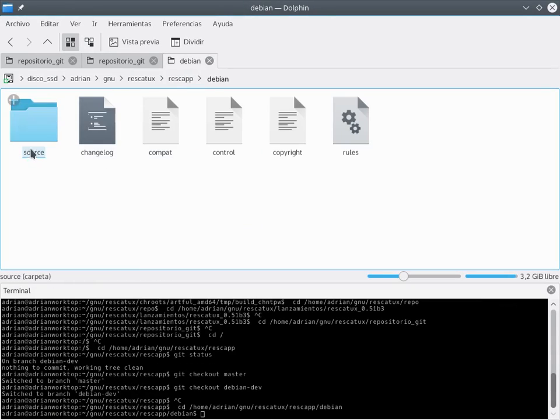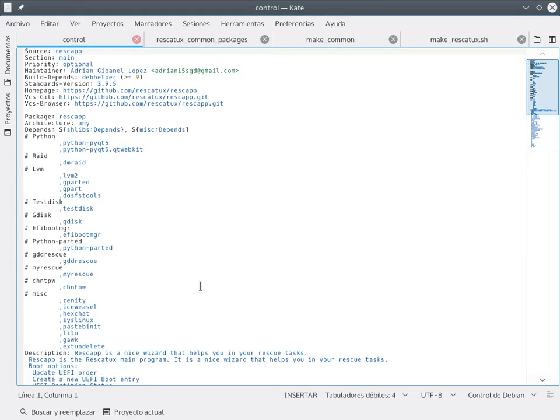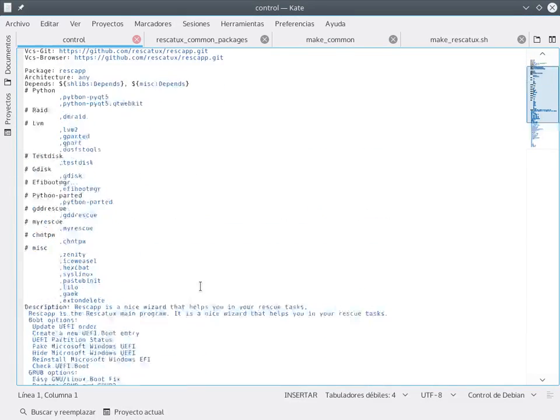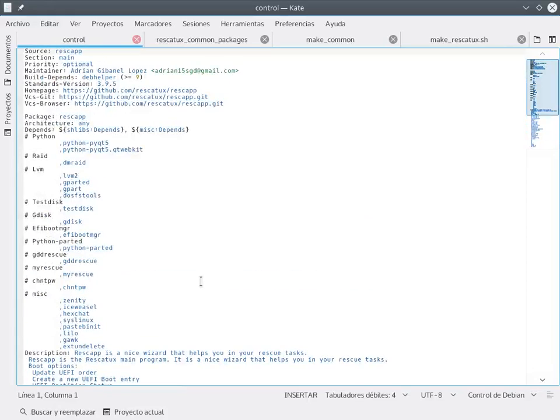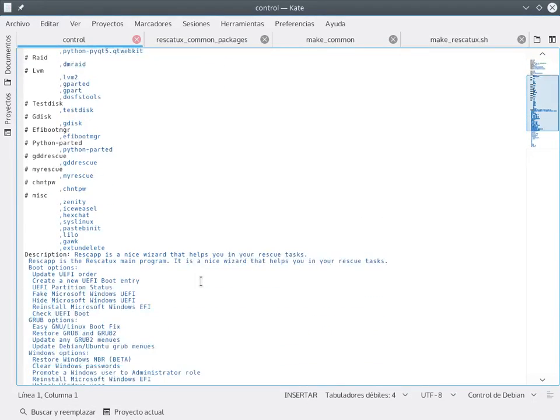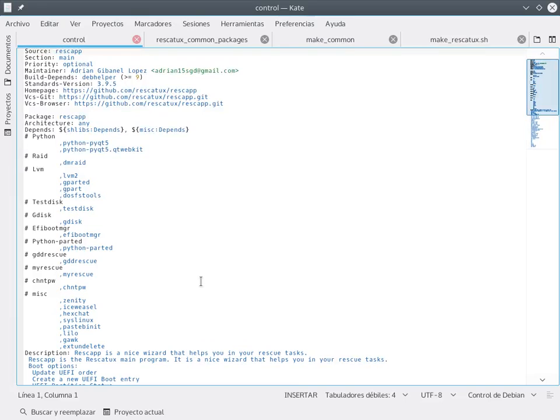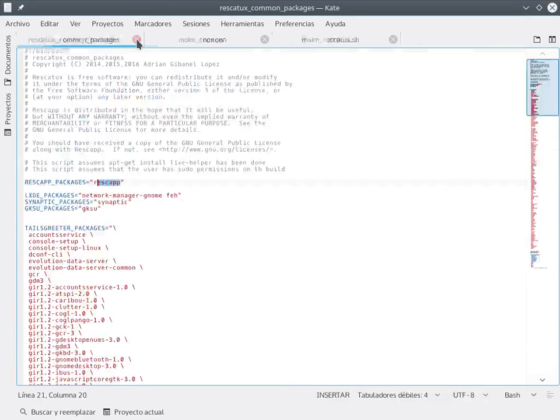So here in Debian Dev there's the control. Here there are dependencies. In an earlier version there were the Linux dependencies, and there was every one of them. So I will need to take these dependencies, these packages, but as I want to do this more or less from scratch,